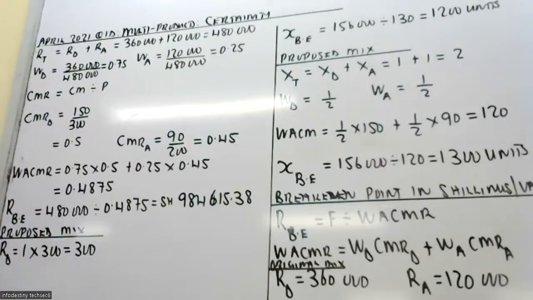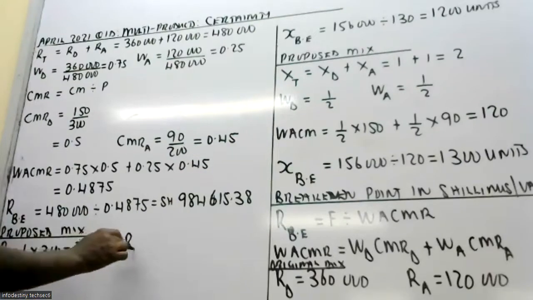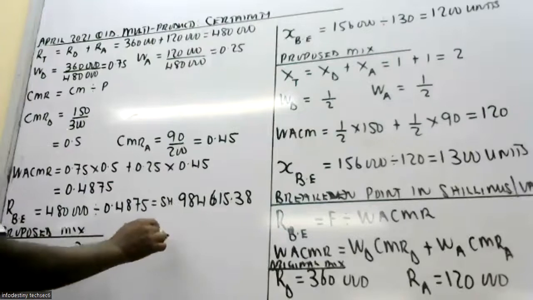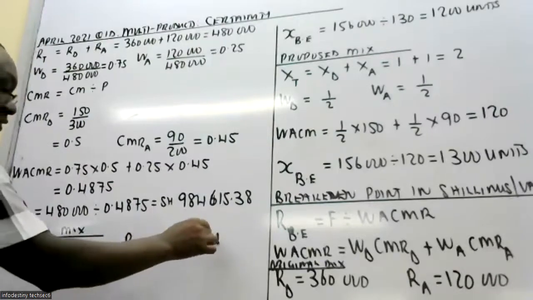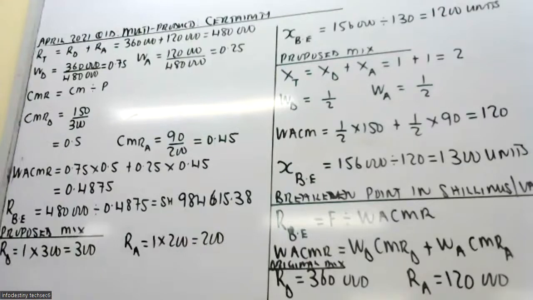And the same case you would have done if, for example, this is 5 units and 7 units, 5 to 7. So you just take 5 multiplied by the selling price, 7.5. Similarly, the revenue of A will be 1 times 200. That is 200. So the total revenue is 300 plus 200. And that gives us what? 500. So the revenue for the total is